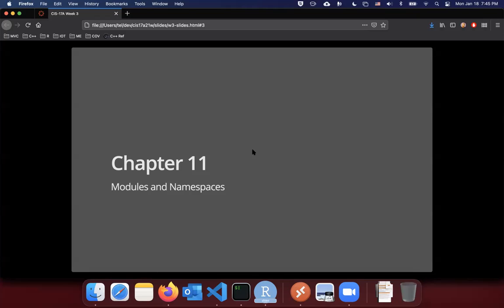Hi, this week we're going to talk about modules, namespaces, and classes. This is the week we're going to actually spend quite a bit of time on OOP, object-oriented programming. And so far, our programs have been pretty simple, and we have mostly a main function and just a couple